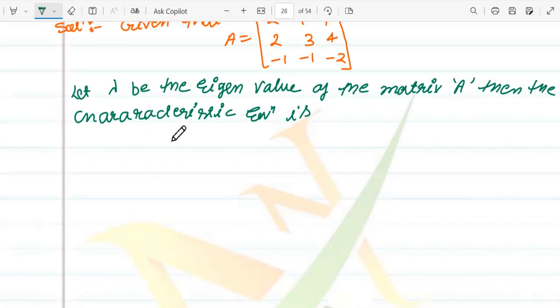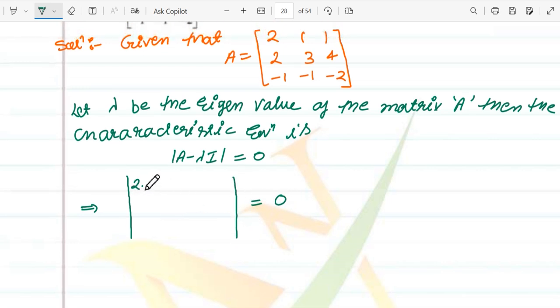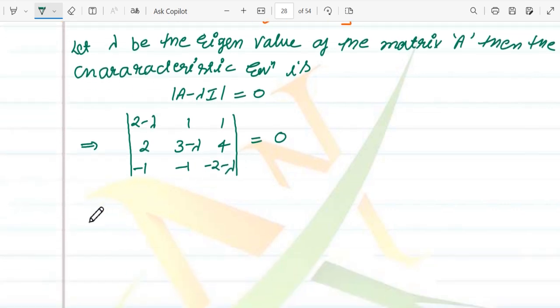क्या हो जाएगी characteristic equation? Determinant of A minus lambda I is equal to 0. Therefore, determinant of A minus lambda I, that is 2 minus lambda, 1, 1; 2, 3 minus lambda, 4; minus 1, minus 1, minus 2 minus lambda. Now find this determinant, that is 2 minus lambda, 3 minus lambda, 4, minus 1, minus 2 minus lambda,